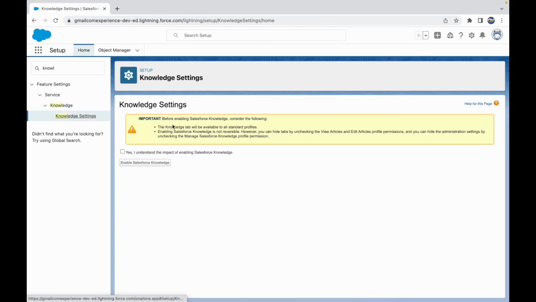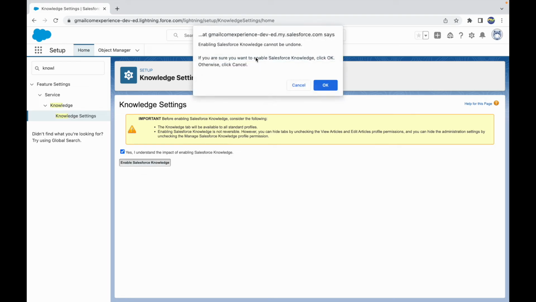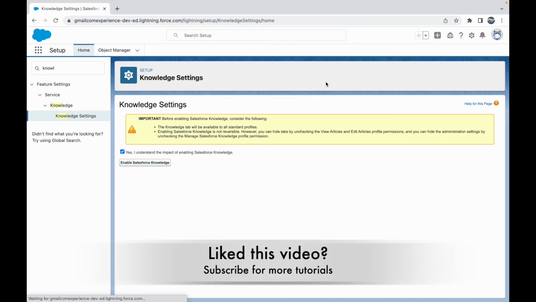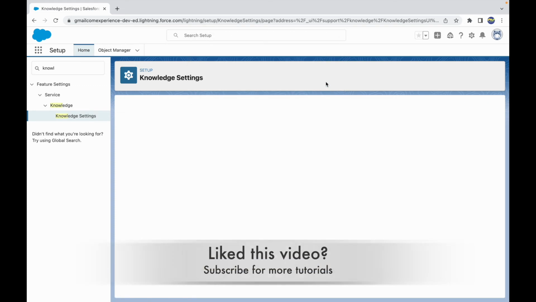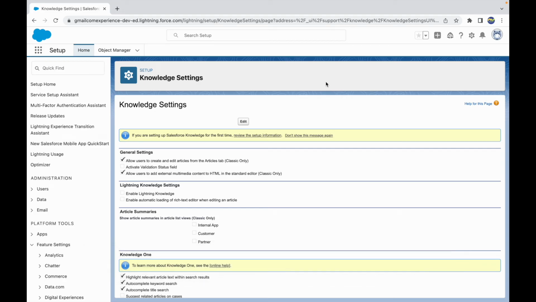So it says before enabling, you can consider the following things, which are fine. You cannot reverse it, which is fine. We are here to learn knowledge related settings. I'll say yes, I understand, and I'll say enable knowledge. So it cannot be undone. I understand that. Let's say okay. All right, so now that my knowledge settings have been enabled, I see a lot of options that come up,